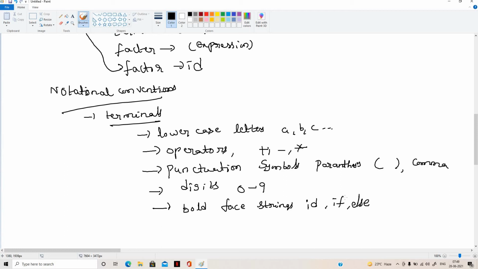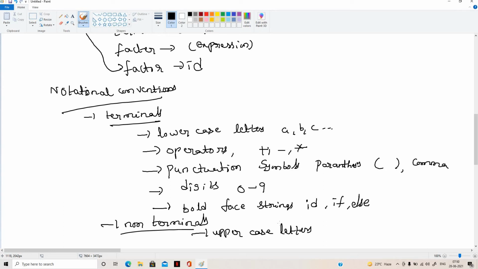Similarly, the symbols which we call non-terminals. Non-terminals are generally uppercase letters only. If we find any uppercase letters in the grammar, we call them non-terminals.